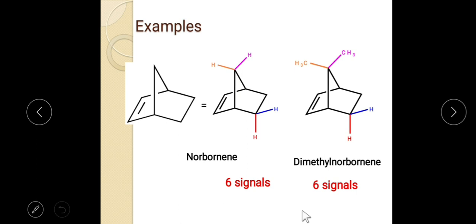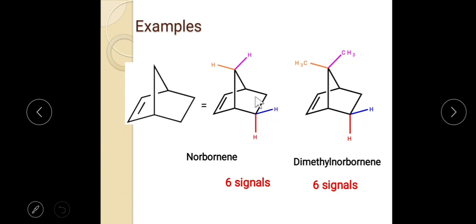Most of the time they ask the question on the norbornene, camphor or alpha-pinene system. So we are going to consider these 3 systems. First is norbornene, second is camphor and third one is alpha-pinene. In case of norbornene, there is a double bond over here. So in norbornene, the bridgehead carbon is a chiral carbon. This bridgehead carbon has 4 different groups. So the bridge carbons or bridge hydrogens will behave differently. They are diastereotopic protons. Also the protons or CH2 which is near to the chiral center also behave